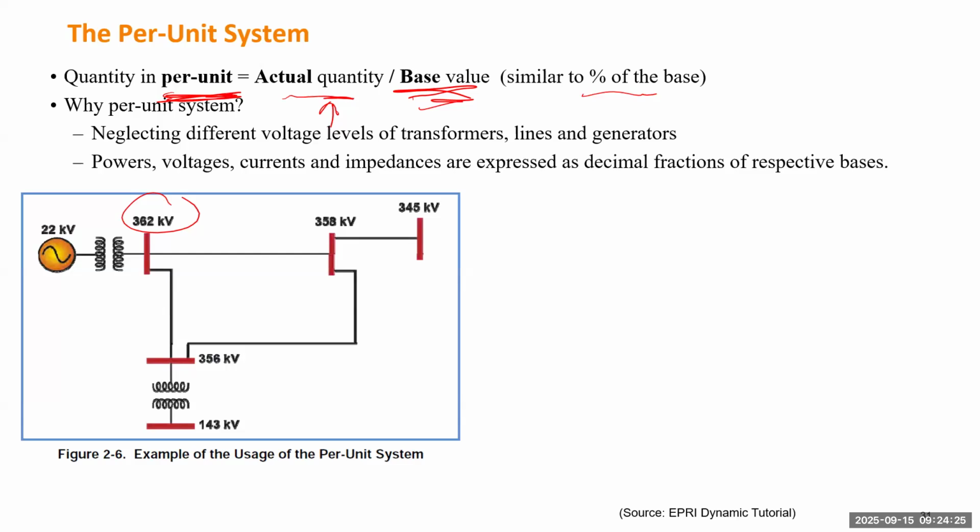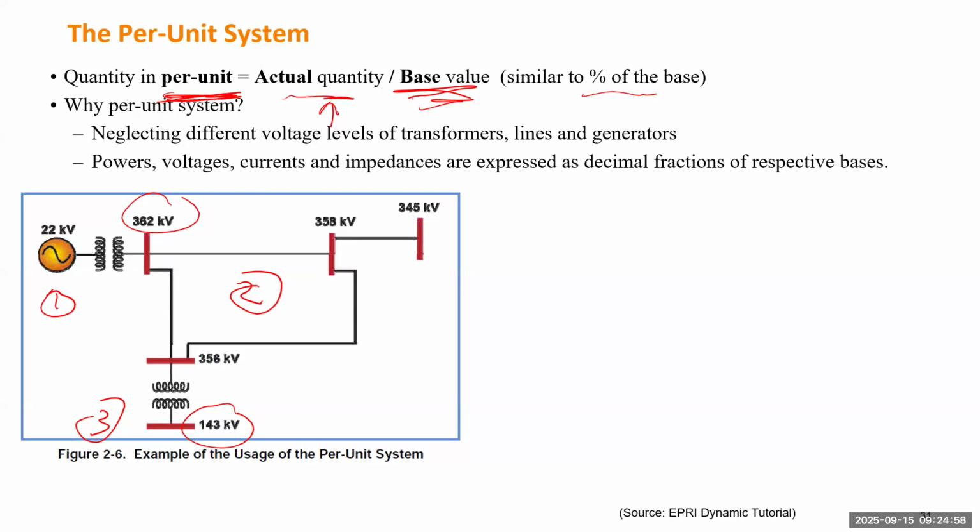So the entire high voltage network. Basically this system has 3 sections, right? This is separated by transformers: section 1, section 2, and section 3. So we have a 22 kV system, a 345 kV system, and this one is roughly a 140 kV system, or 143. So roughly at that voltage level, we have 3 different voltage levels. So do such calculation